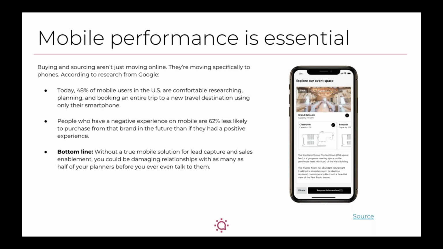Now, what you're seeing here on the right is a screen capture of how our Social Tables presentation layer works seamlessly on a device as small as an iPhone. So you can still source, search, view those visual capacity charts along with a room description, and submit a request all from your phone. This would not be possible or practical with a traditional RFP form.